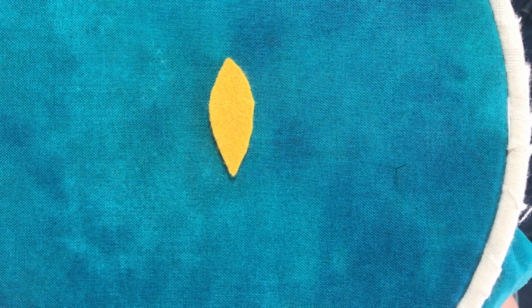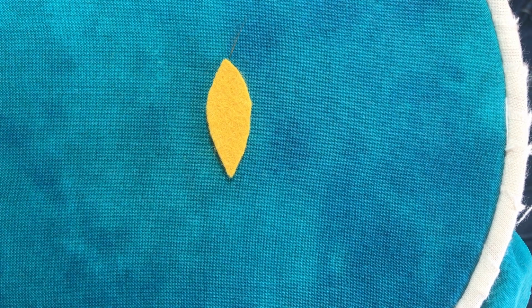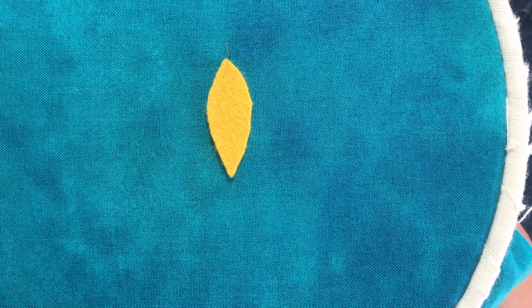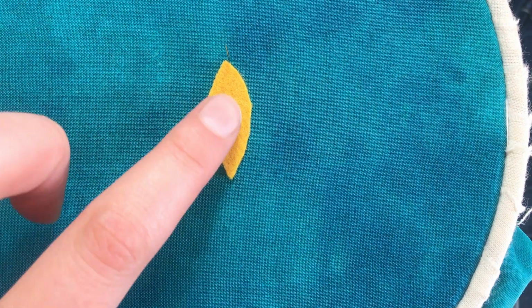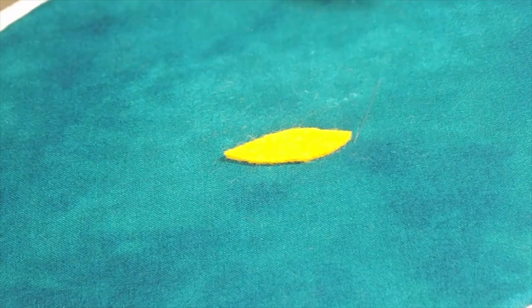Today I'm going to be doing a short demonstration on how to apply felt padding ready for gold work. I've secured in the fabric a single strand of Gutermann's in number 415, so a colour that closely matches that of my felt padding. And I'm going to begin